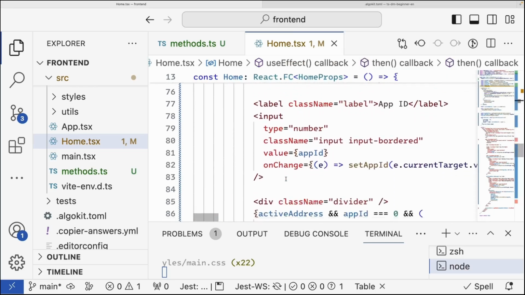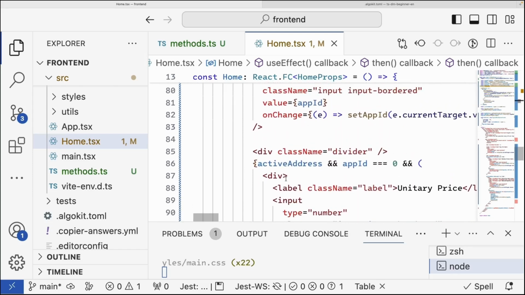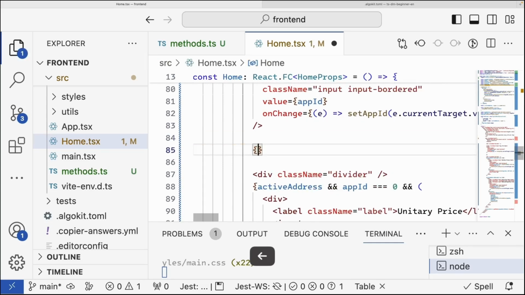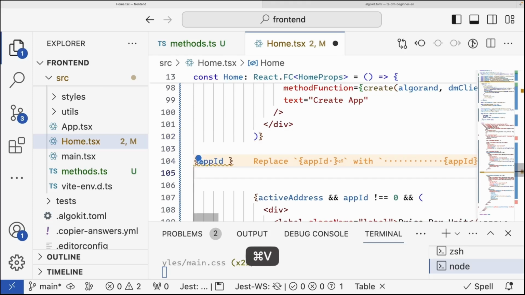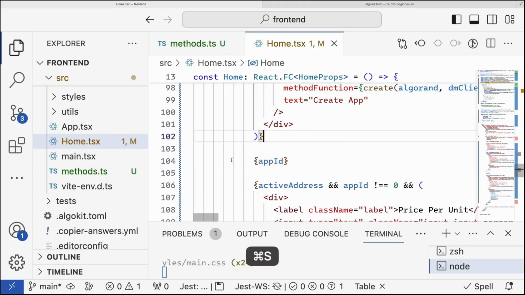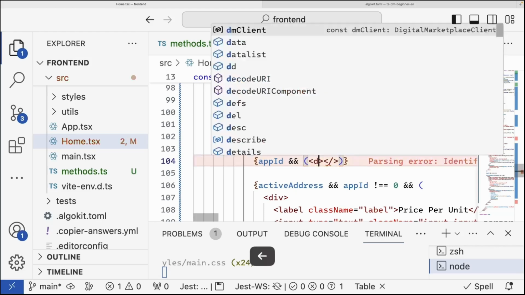And so what I'm going to do here is create another set of fields. This time, I'm just going to check. Actually, this should be below here. Oh, what's going on? Okay, this time I'm just going to check if there's an app ID. And then what I want to do is render information about the listing. So I'm going to return here a div,